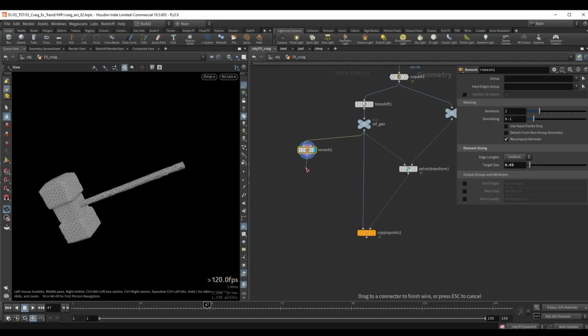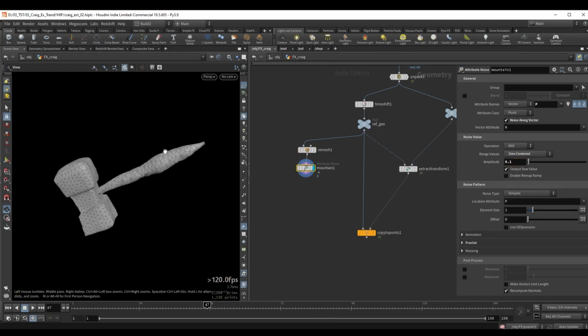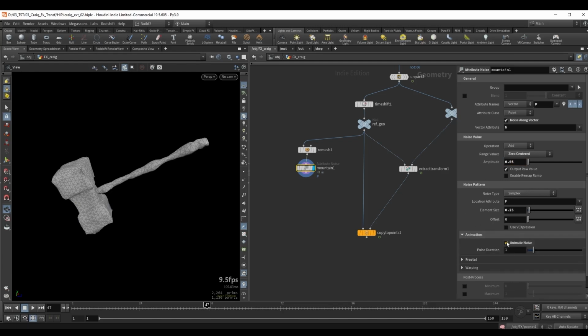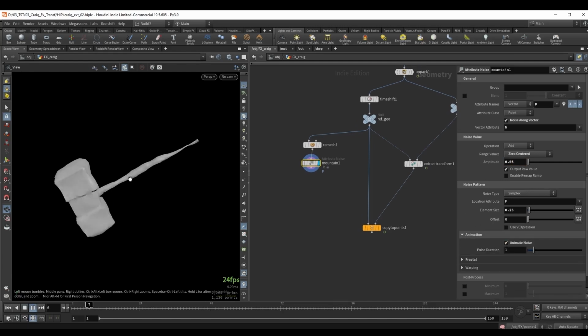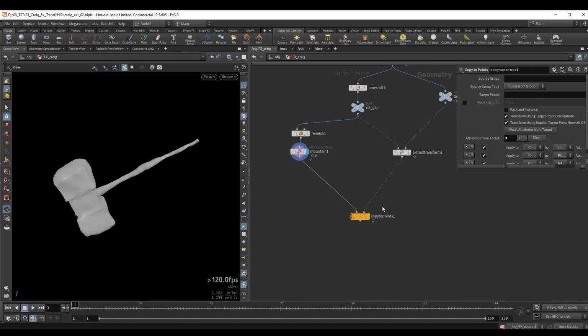we have some resolution. Let's do a mountain SOP to add some noise, and this won't be a pretty result, but just to give you an idea of some of the stuff that you can do with this technique, let's go ahead and maybe drop down the element size a bit and adjust this slightly. And I'll also go ahead and turn on animation. So we have something like this, and if I plug this inside the copy to points, this will now follow